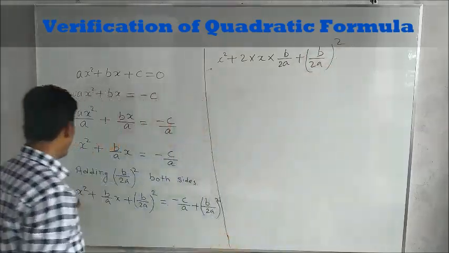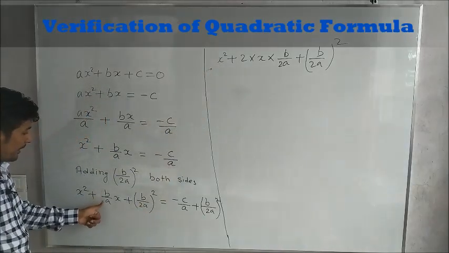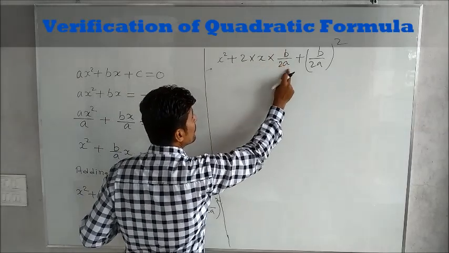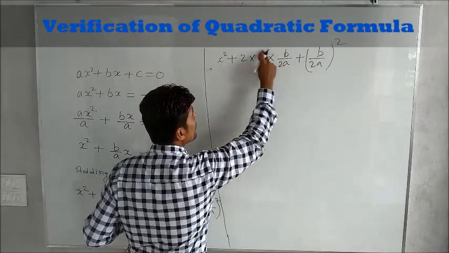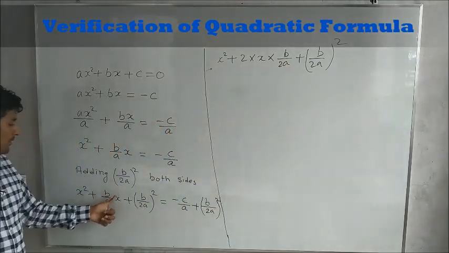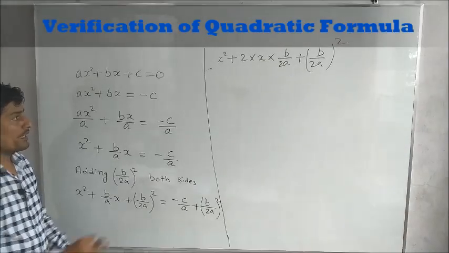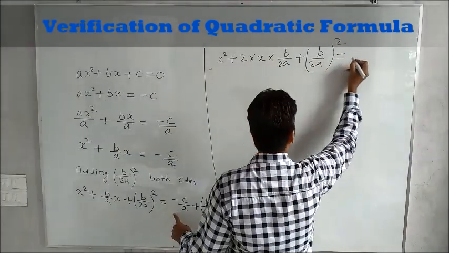Let us see once again. X square, I have copied the same. Now on the place of b upon a into x, I have written 2 into x into b upon 2a. 2 and 2 both will cancel. So finally we are having b into x upon a. Here also b into x upon a. Same thing we are having. Now b upon 2a whole square, that will be as it is, equals to minus c upon a